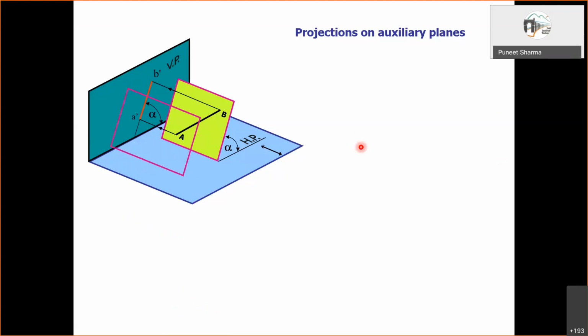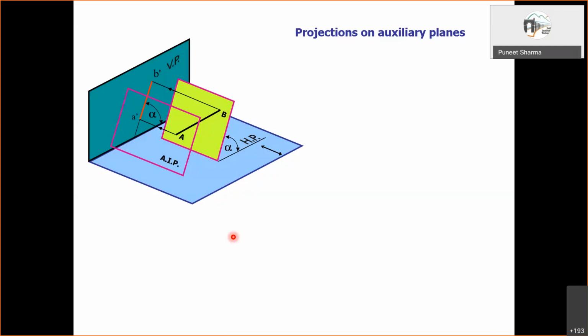Now suppose we choose another plane, right? We had this plane, the yellow one. Parallel to this, we are choosing another plane, which is shown like this transparent plane. Now you see, this is a plane which is parallel to this yellow one. That means since this line capital A capital B is contained by the yellow plane, capital A capital B will be parallel to this newly chosen plane, right?